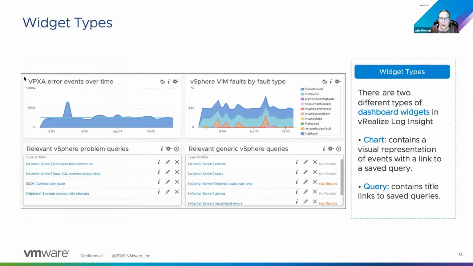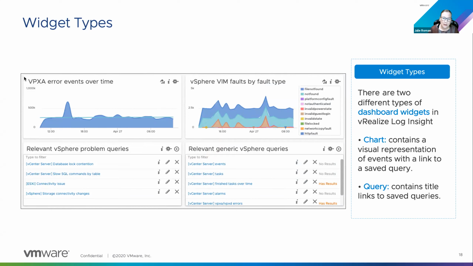There are two main widget types. There's a chart, which contains a visualization of the log messages, but we also have query widgets, where you have several queries as part of a widget, and then you would have to click play on them to find out if there are results. These are nice if you want a small number of dashboards, because you're not actually running the query on the back end unless you click on play.